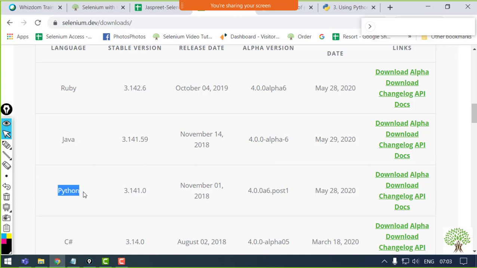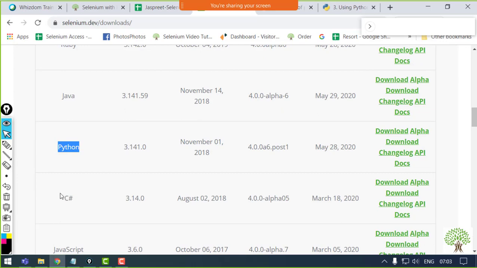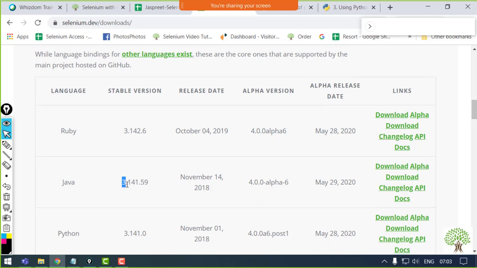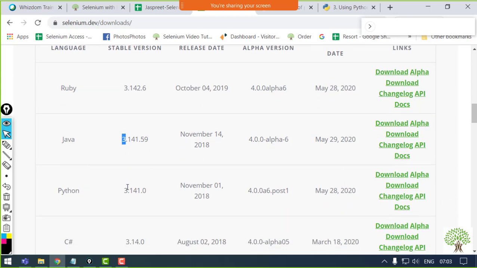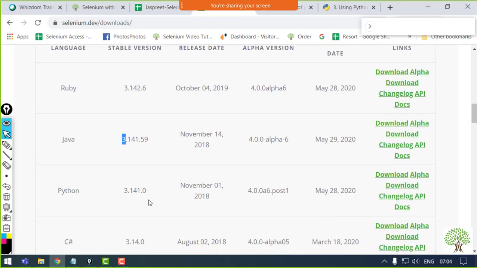Along with Python, Selenium can work in other languages as well, like Ruby, Java, C# and JavaScript, which also have their stable versions in the same series 3. Selenium comes with version 2 as well, but since Selenium 3 has evolved much and has better commands, version 2 has become obsolete. It's not in use now. People do use it but not that much. So we are going to work with Selenium and Python. This version will be 3.141, and regarding the version of Python, I'll come to it in a moment.